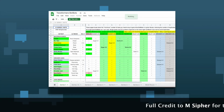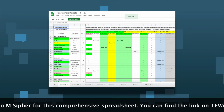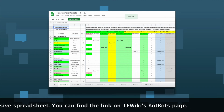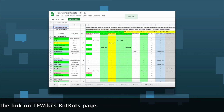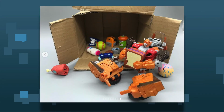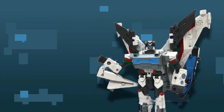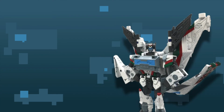Since getting every single different release of a wave would be more than necessary to complete the set, several fans have put effort into determining the most cost-effective way to get every single one of them. Their designs are very far removed from either the Micromasters or the Minicons, being cutesy, super deformed, everyday items that convert into cutesy, super deformed robots. Heck, it stands out compared to basically all Transformers, so this design choice certainly makes them more memorable and distinct